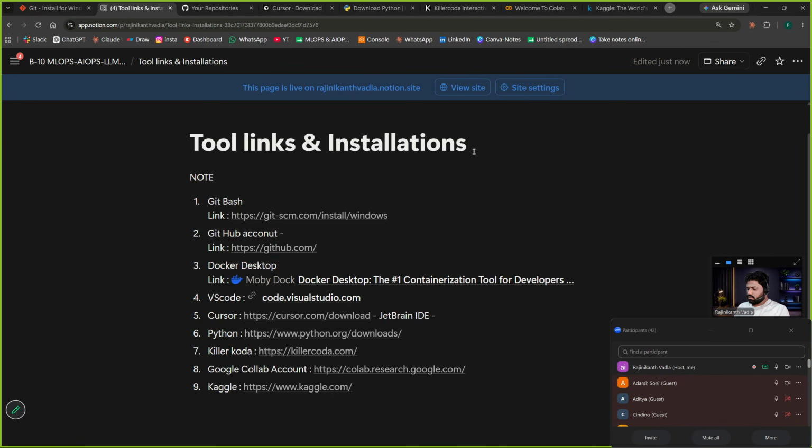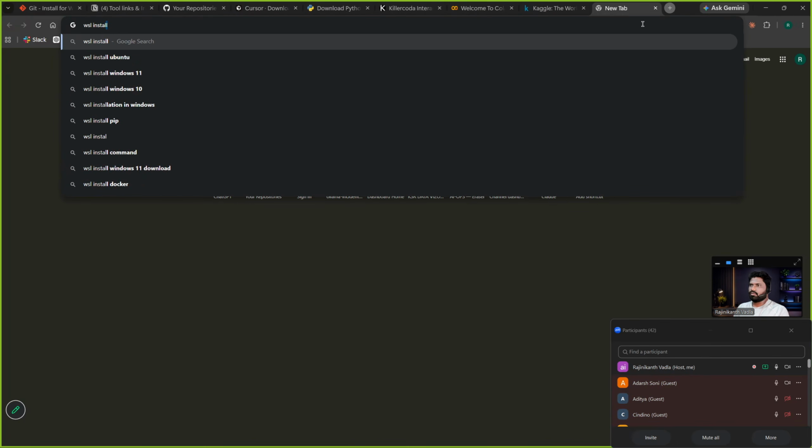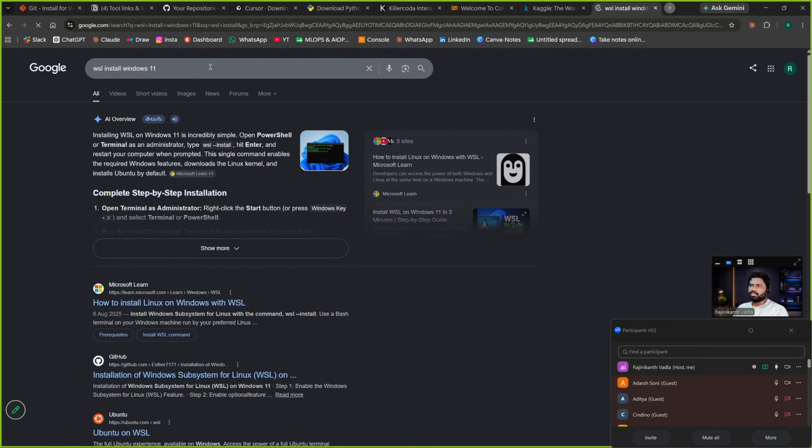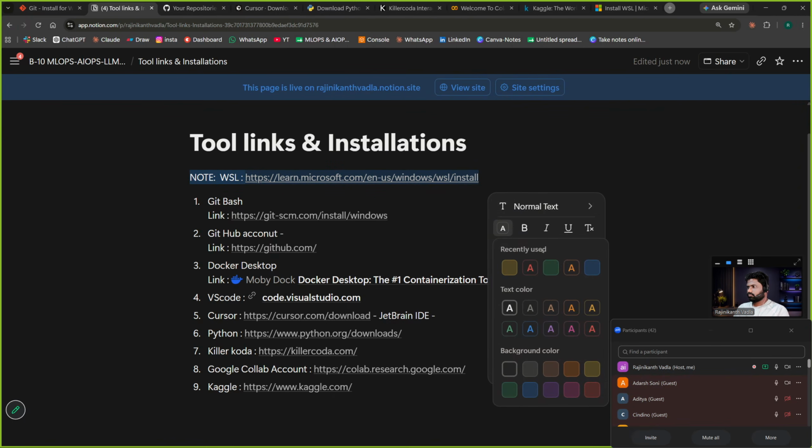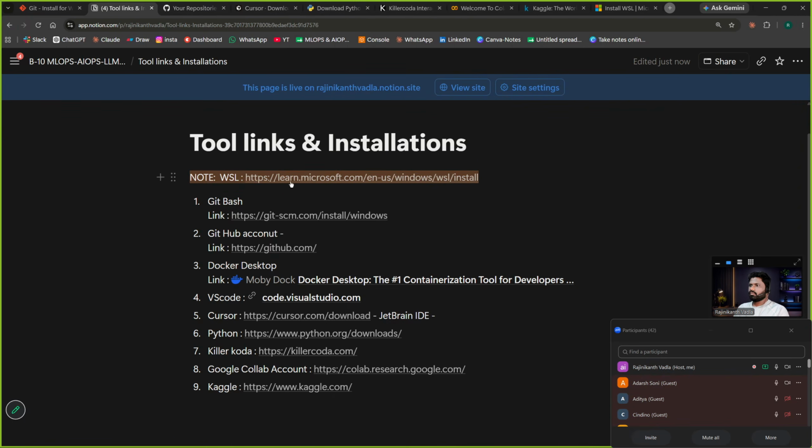If you are on your own system, sometimes some systems do not have WSL. Please install WSL on your system, sir, if you have not done that. On Windows 11, you need to install WSL. It is a must.